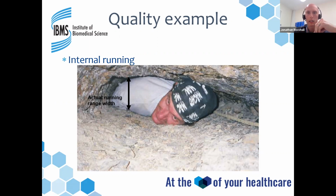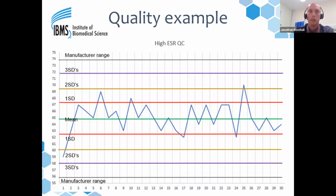And if we go to the next slide, this gives an example. This is an erythrocyte sedimentation rate quality control. This was a high value. The scale on the side is millimeters per hour, and this was the QC performance. The manufacturer range is right at the top and bottom, showing how wide it was. The mean was around 65. And what we've demonstrated is that when we calculated our own standard deviation from the mean based on data and worked out what 1, 2, and 3 standard deviations were, you can see that we never once went really close to the manufacturer range. So if we operated on that, we'd say, oh, our QC is in range, but it was